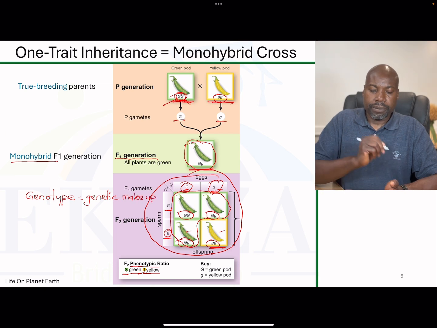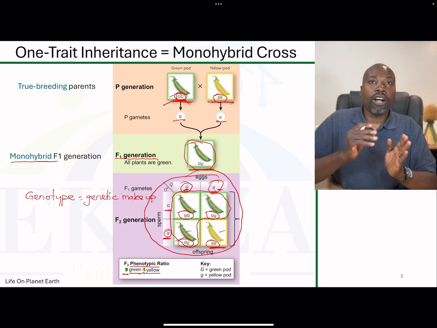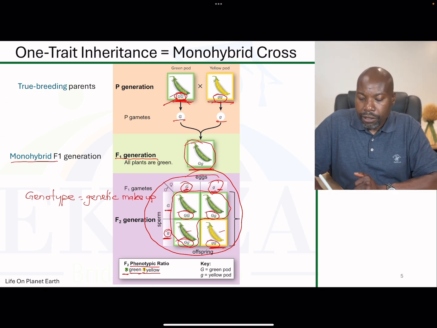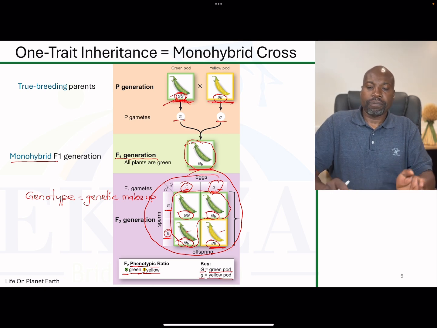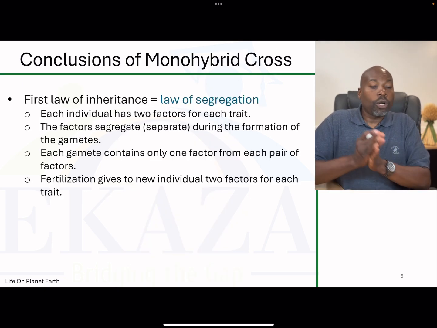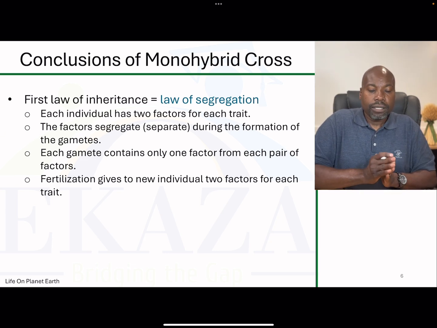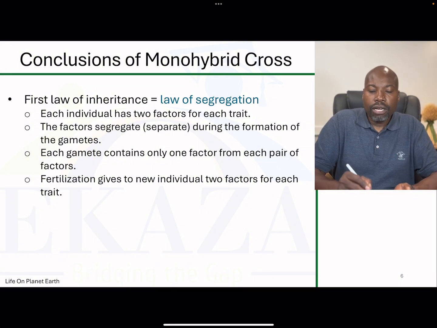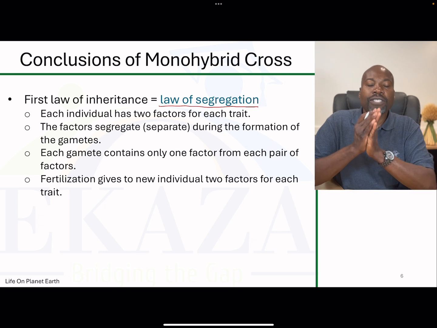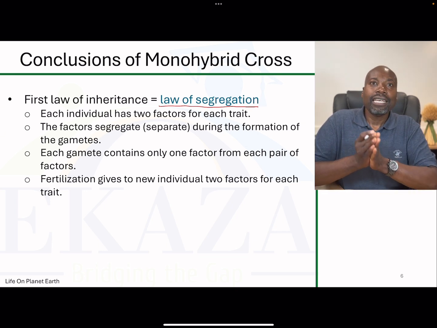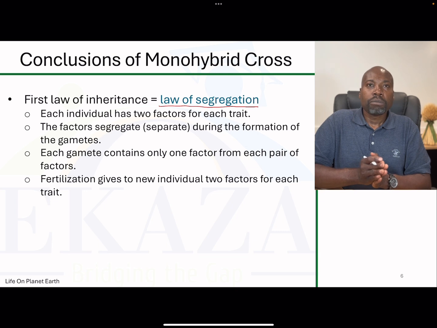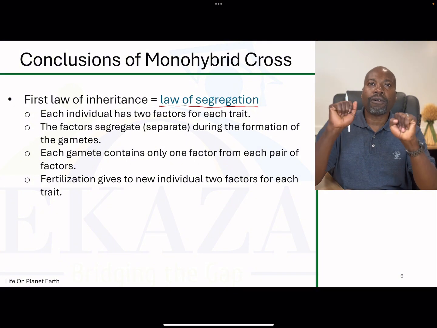Genetic makeup, all right? The phenotype is the observable traits, right? Capital G, again, being green, accounting for green, lowercase g accounting for yellow. So the conclusion of what we now know as the first law of inheritance is the law of segregation. That law of segregation says that each individual inherits some genetic information from mom and some genetic information from dad,